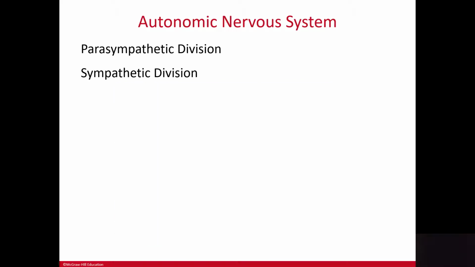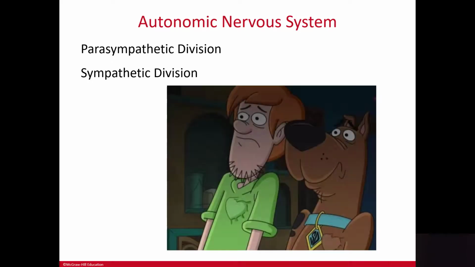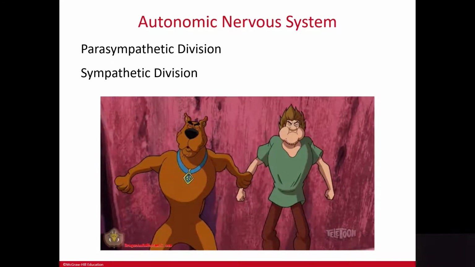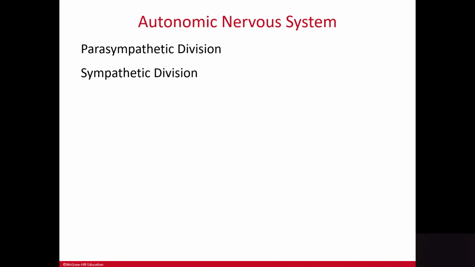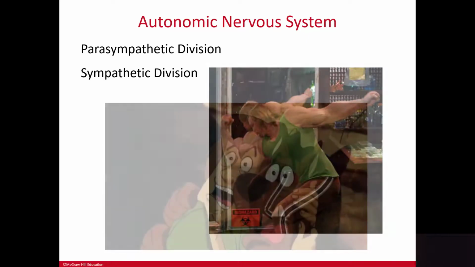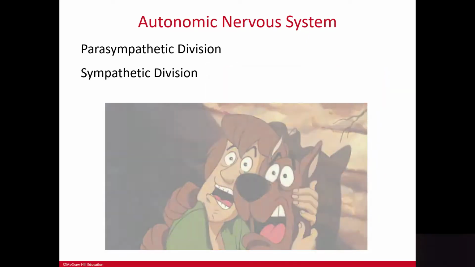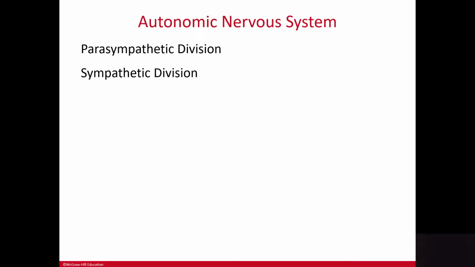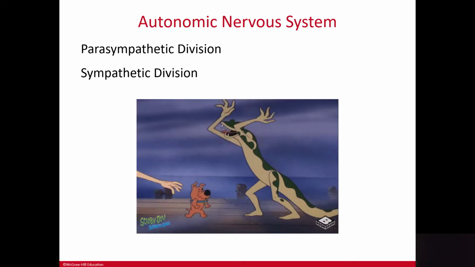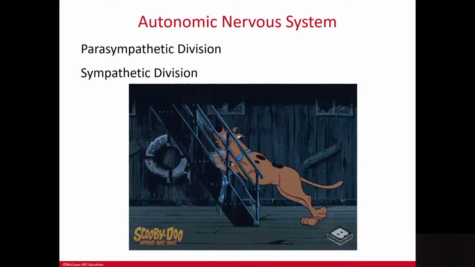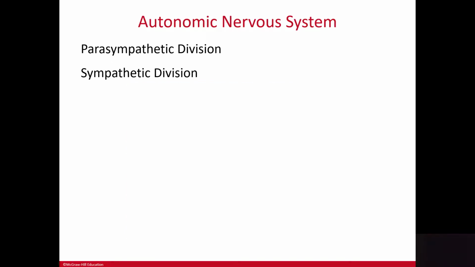The sympathetic response causes our heart rate to increase, to pump more blood, the blood vessels dilate, the respiratory rate increases, it dilates our airways to allow more oxygen into our lungs, the blood vessels dilate to supply the heart and the muscles with more blood, our pupils dilate to allow more light into our eyes to see better, we get a surge of glucose released into our bloodstream for a quick boost of energy. All these things gear our bodies up to either fight the scary monster or to run away from the threat. At the same time, blood flow is decreased to unnecessary functions like digestion, so the blood can be redirected where